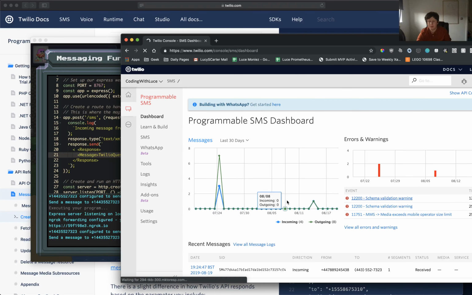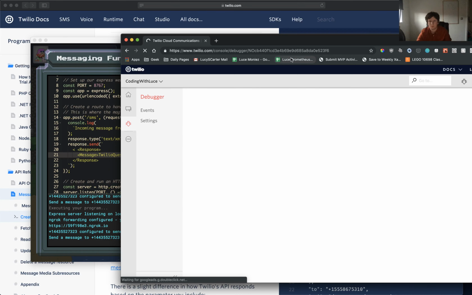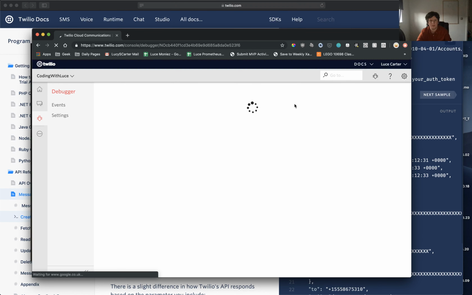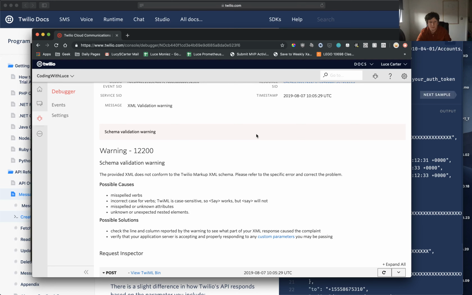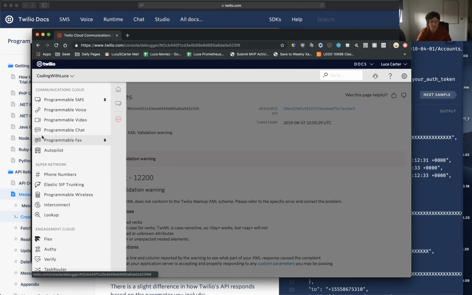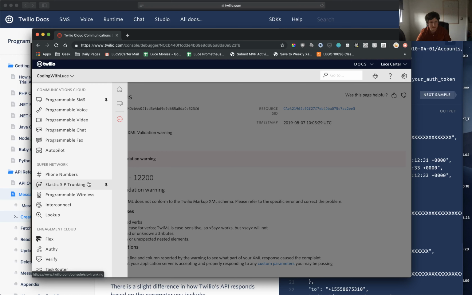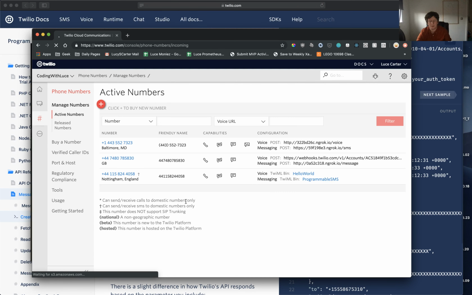Okay, schema validation warning. What's going on? This is what I was looking for, the bit that tells you what's going on. Misspelled verbs, incorrect case for verbs. Okay, so it could be something simple like that. I think I did the right thing by copying that stuff and then editing it, so hopefully now it'll be right. So if we just go back to our numbers, back to our American number,